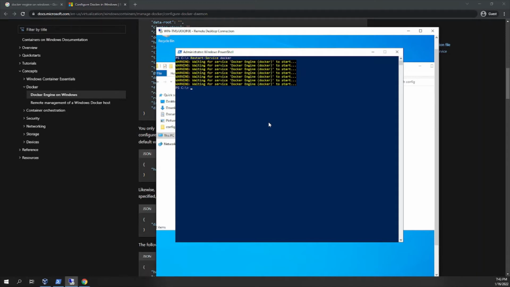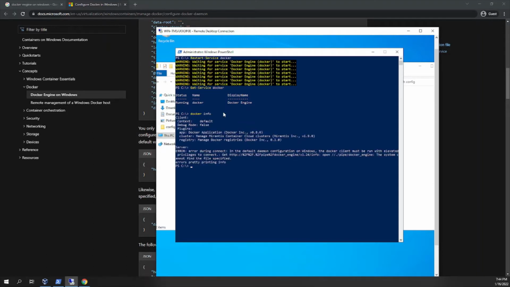Okay, perfect. So let's check the service status. I'll do get-service docker, and as you can see, Docker service is running. I'll do docker info next,